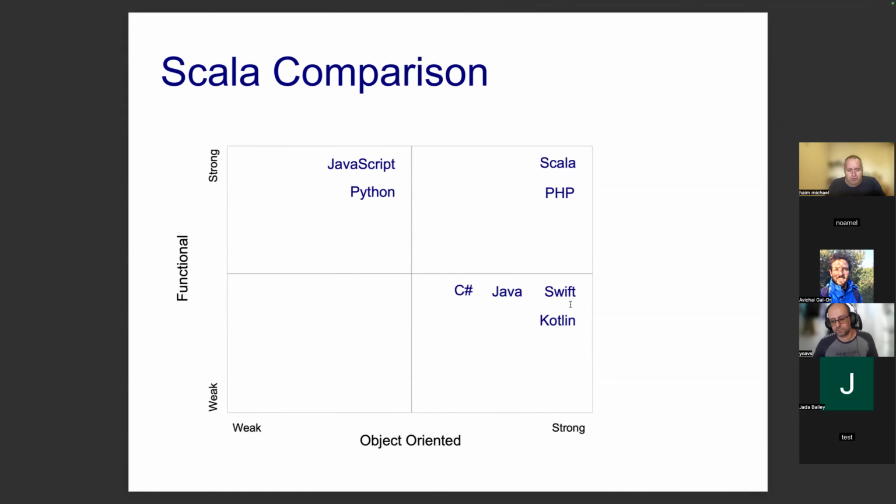Now about functional programming support: in JavaScript, Python, Scala, and PHP, a function is an object. So it makes things simpler. In Swift and Kotlin, this isn't the case, even though the documentation claims that a function in Kotlin is a first-class citizen. When you learn that topic in depth, you find things are different. You will find that a function in Kotlin is not actually an object, and there is a similar trick to what we find in Java and C Sharp.